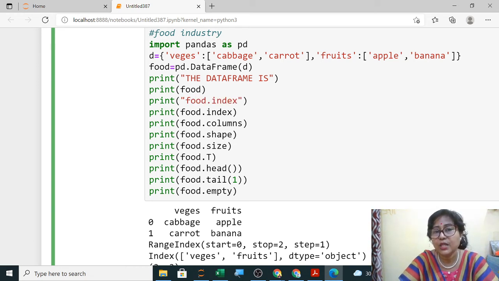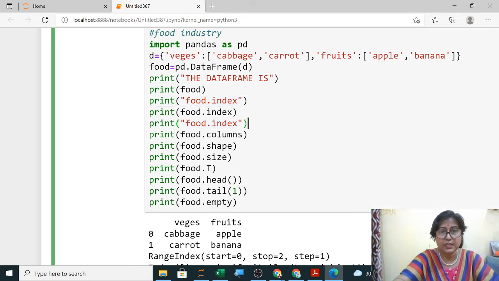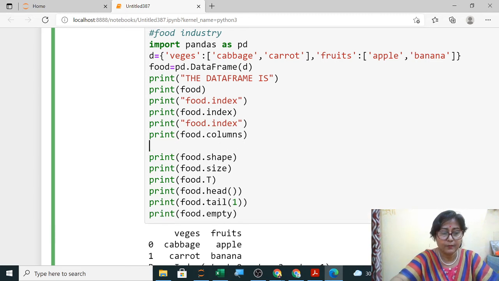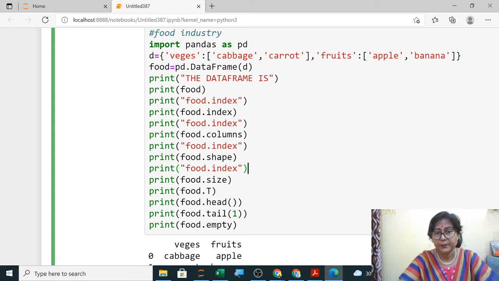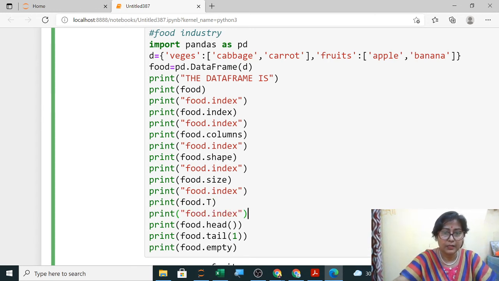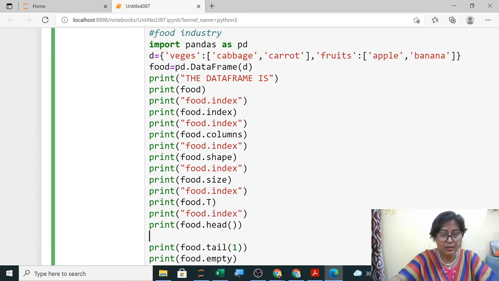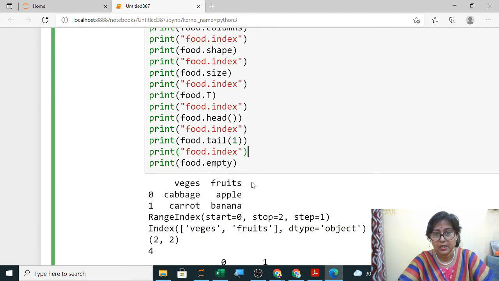So when it shows the output, it will show in this format only, like this one. I'm just copying after each one, and with the print statement you are making it user friendly. Then the commands I will simply overwrite on it. Last one was empty. So now only this you have to change.